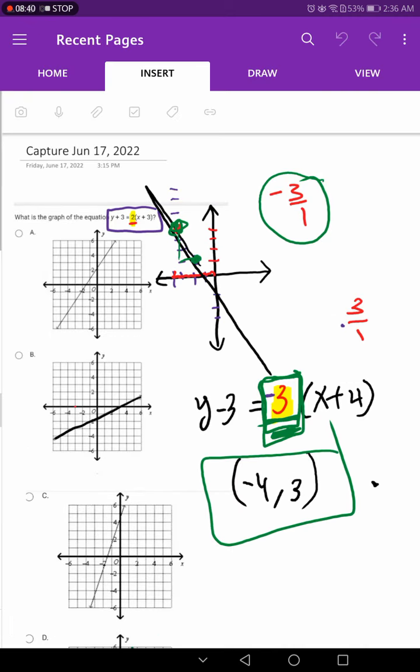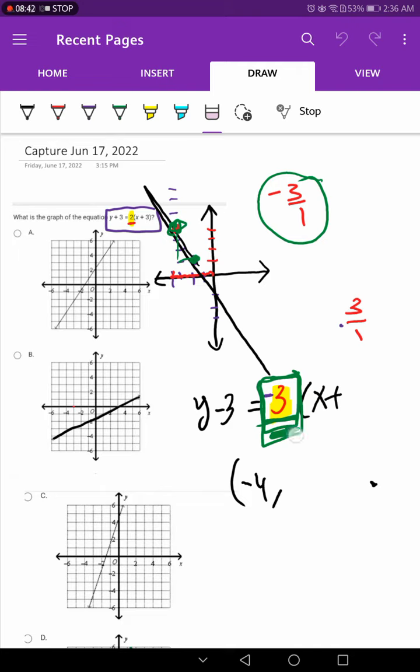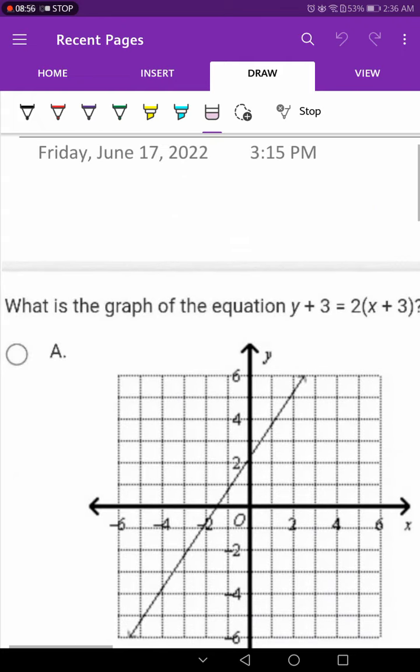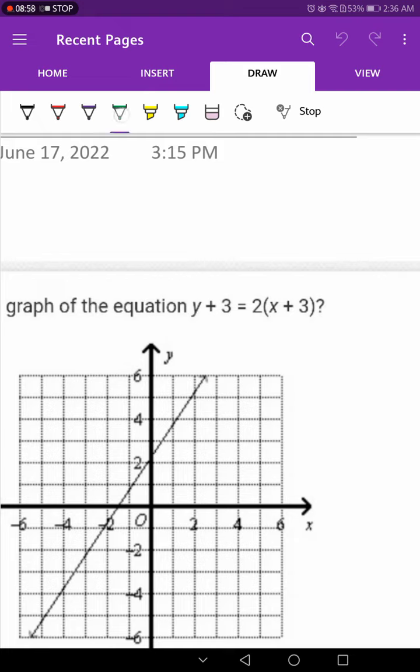Yes, this one. Let me erase this. Now, what is the graph of the equation? Now you turn to graph. I ask you to eliminate everything here. Okay, he just gave you what? A point-slope